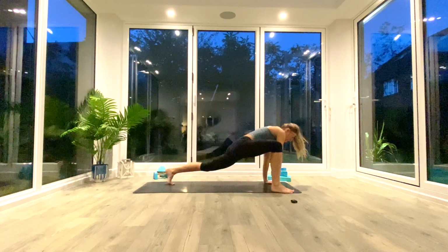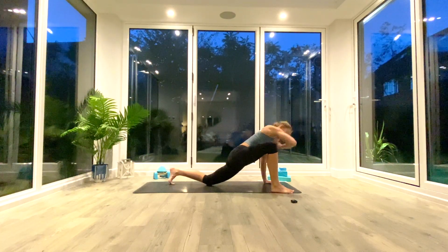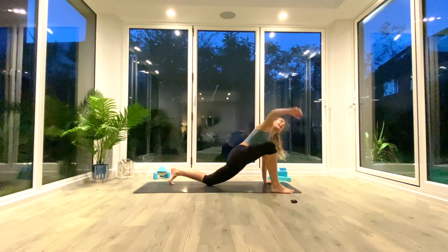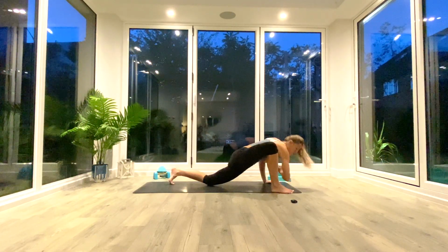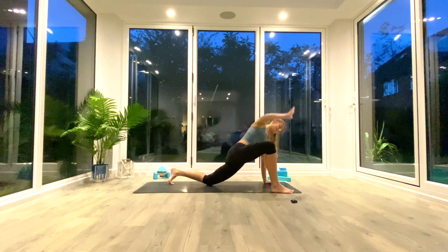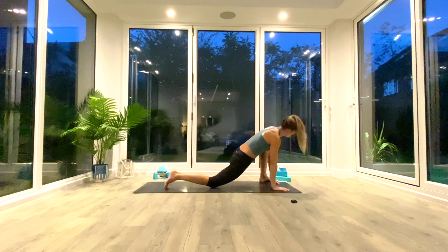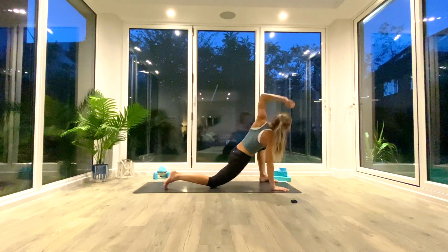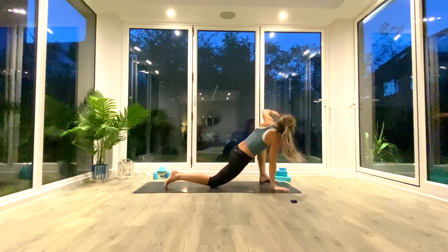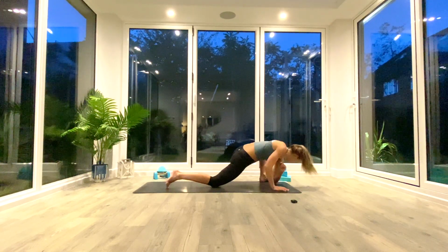So right foot outside of right hand, drop the back knee, inhale to lift and twist, exhale, elbow to the floor. 5 times on the right, 4, 5, replace the hand, step back to down facing dog, left foot comes through, drop the back knee, inhale to lift and twist, 5 times on the left. 3, 4,